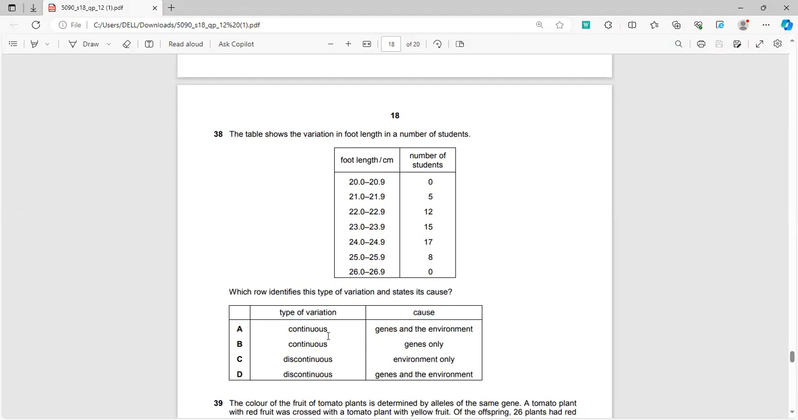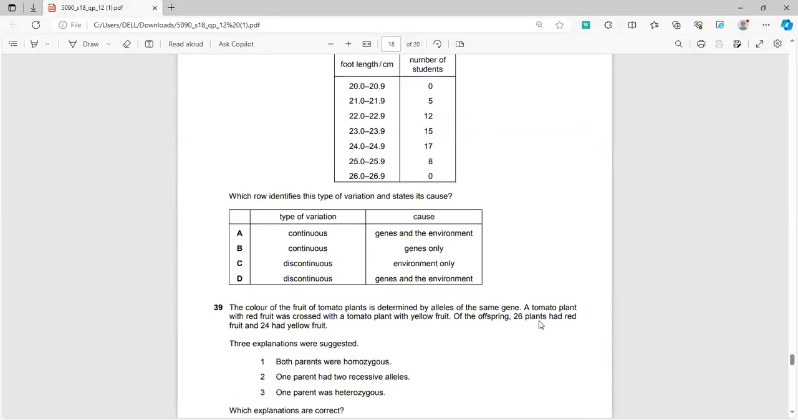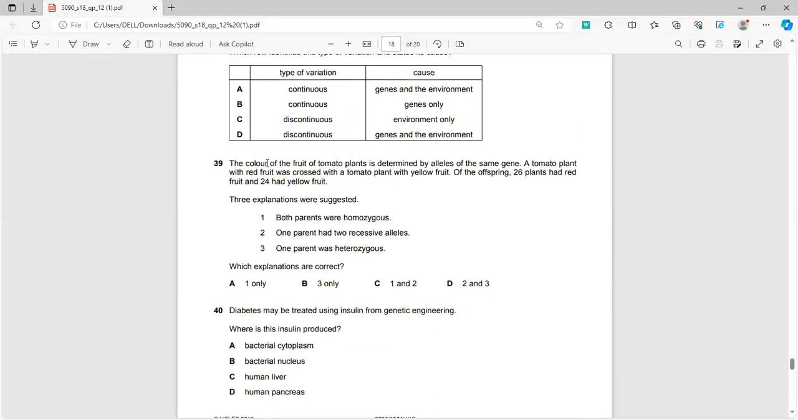In question 38, which row identifies this type of variation and states its cause? So discontinuous variation is that type of variation which is only and only caused by the genes, whereas continuous variation takes place by both the genes and the environment. In question 39,